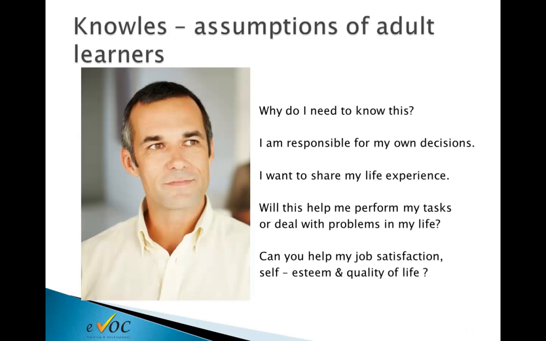information. They're going to be asking, will this help me perform my tasks or deal with my problems in life? So they're looking at the relevance of what you're giving them. So you do need to sell to an adult learner. You do need to explicitly state just what this particular module or session will be doing to benefit them. And you can do that when you set up your objectives screen on your PowerPoint, you know, during your introduction